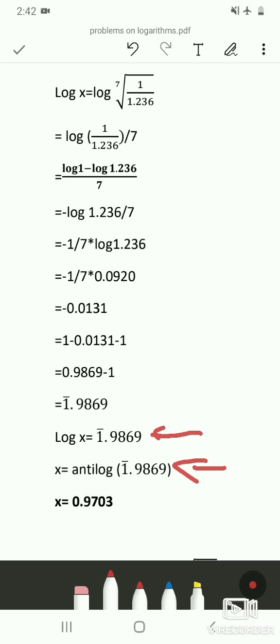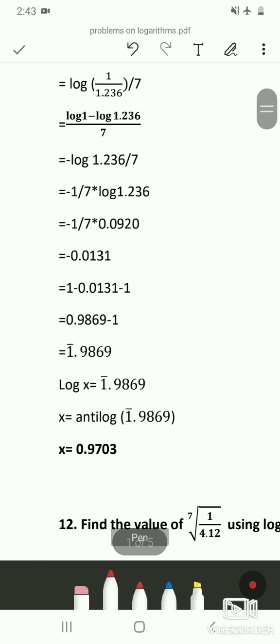So to obtain the value of x, we have to take the antilog. So therefore antilog of bar 1.9869 is 0.9703. I hope you guys know how to find out the anti-logarithm. Let us check for the value of 98 and 6 with mean difference 9 in the anti-logarithm table. So this is how you calculate such type of problems. The important thing to note is this step, that is you have to add and subtract to obtain it in an easy format.